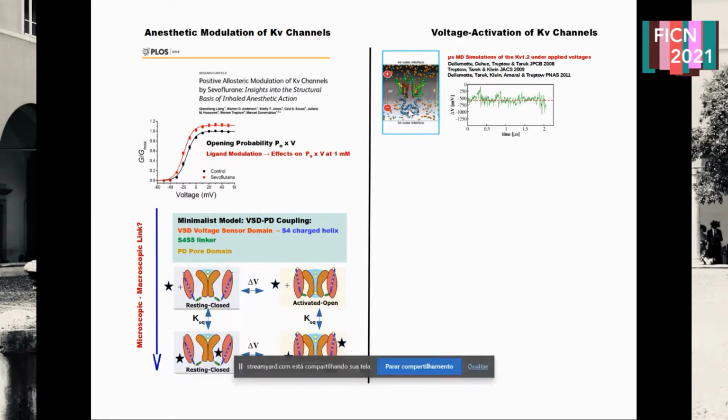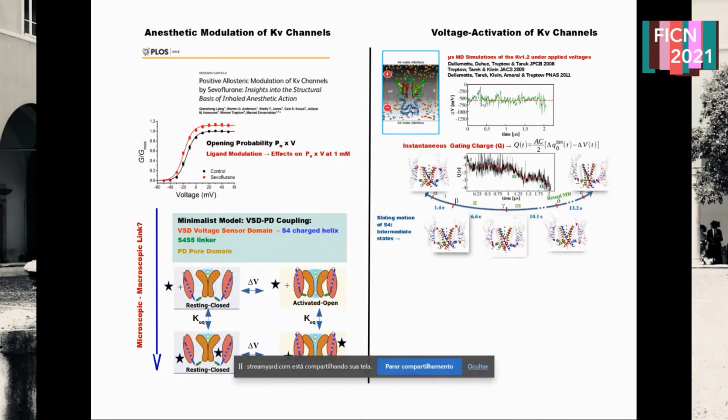And in these simulations, we have considered what is called the charge balance protocol. Every time a protein charge is displaced across the transmembrane field, we have to rebalance the electrolytes to keep the applied voltage constant over simulation time, as shown here, in such a way that in this kind of simulation, fluctuations of the applied voltage store direct information on the gating charge being transported by the protein. And the gating charge was found to change drastically over simulation time in these studies as a result of the sliding down motion of the S4 helix.